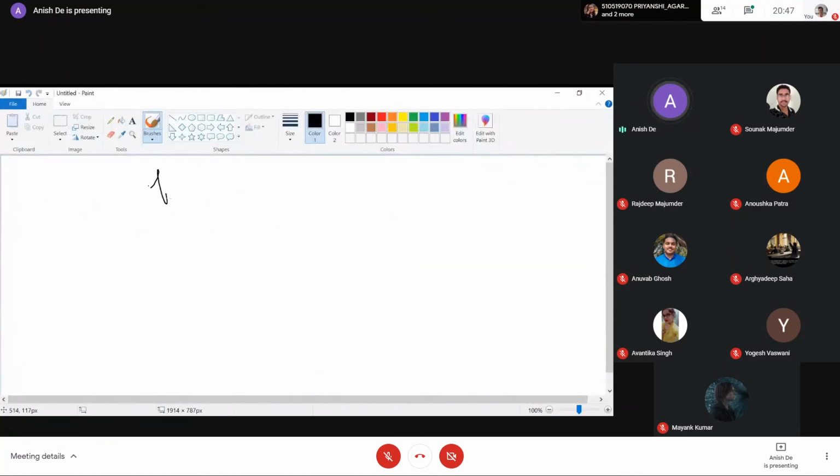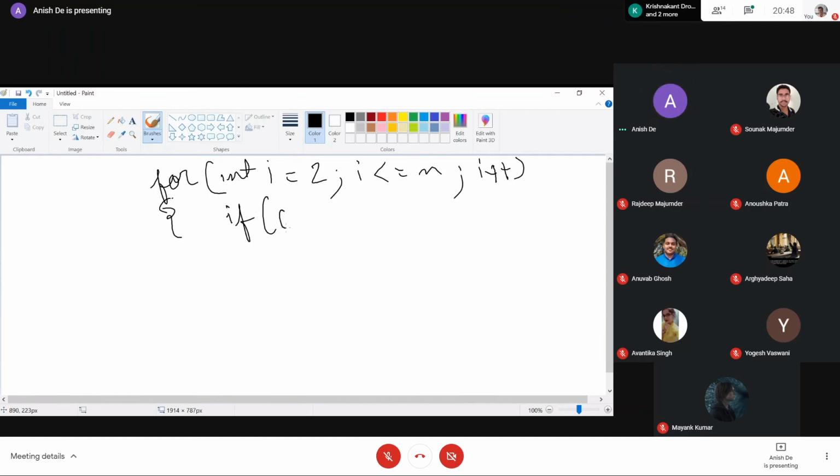So we are starting a for loop int i equals 2 to i less than or equal to n, i plus plus. Which part didn't you understand? Can you specify? I can then focus on that. Hello, who asked? Hello.